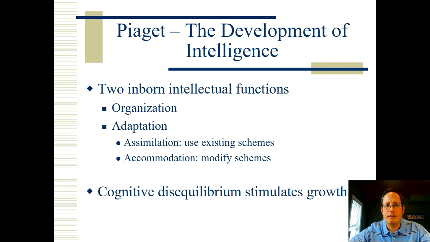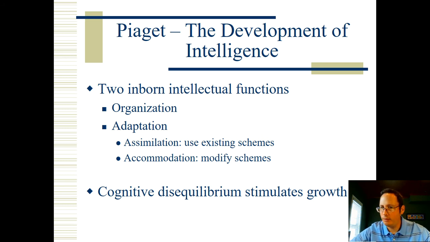So assimilation, accommodation, very important processes. So remember when I was talking about this idea of our head and our reality and the two need to mesh? Well, that constant process going back and forth is called equilibration. Equilibration. Okay? It's the process of achieving mental stability where our internal thoughts are consistent with the evidence in the external world. When we run up against stuff that doesn't fit, we have what we call cognitive disequilibrium, and that spurs growth.